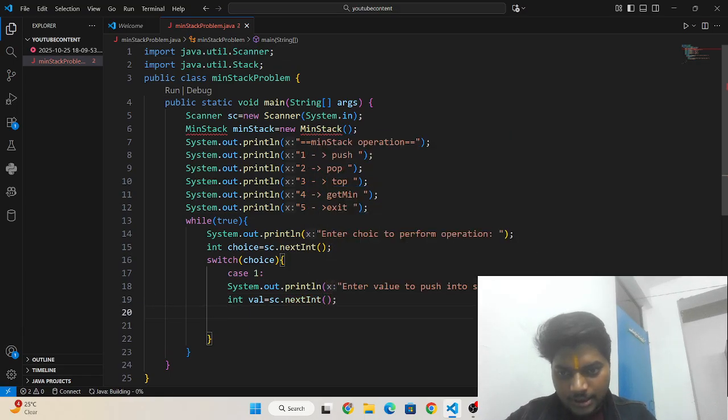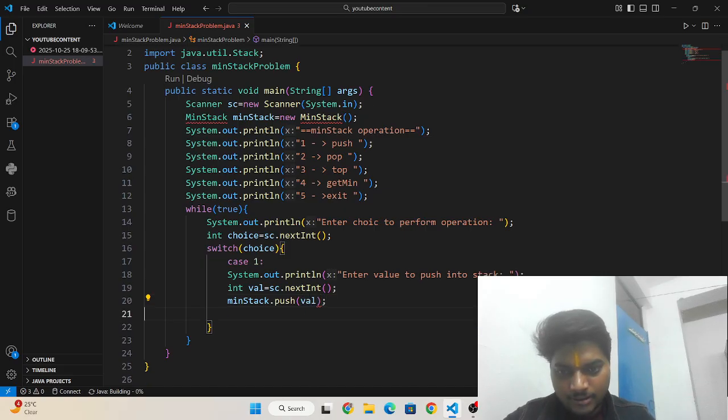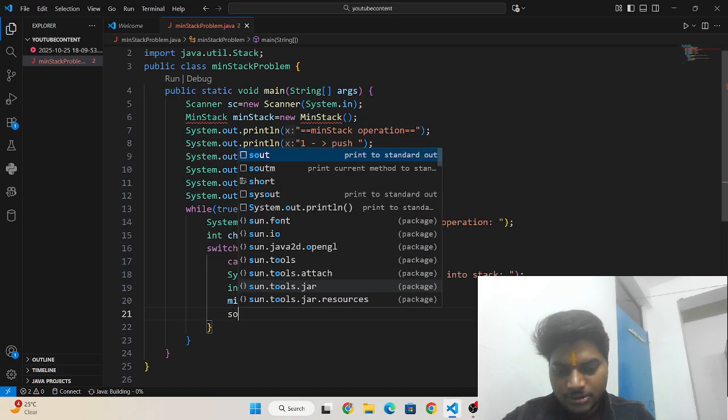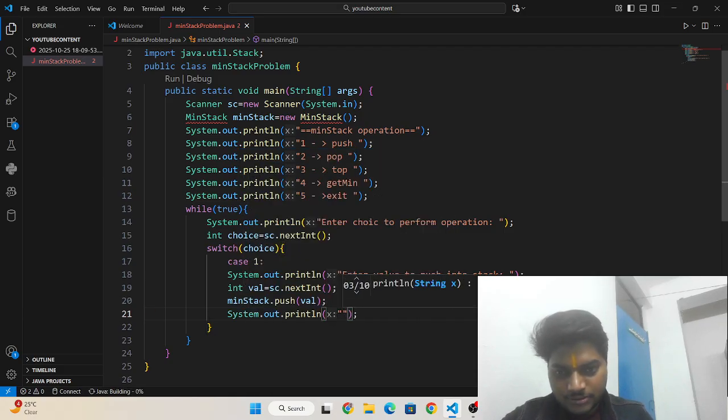Okay, and then we have to push this in min stack, so I need to write here min stack dot push val, and then after pushing you have to print